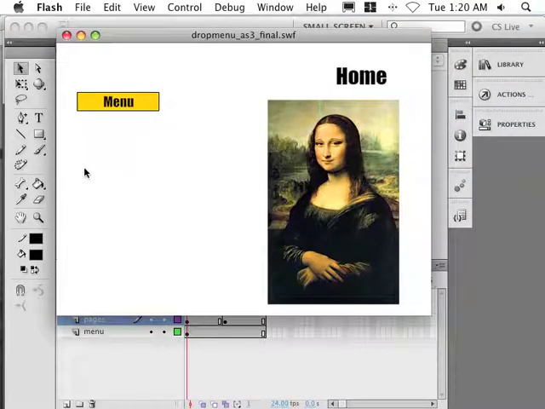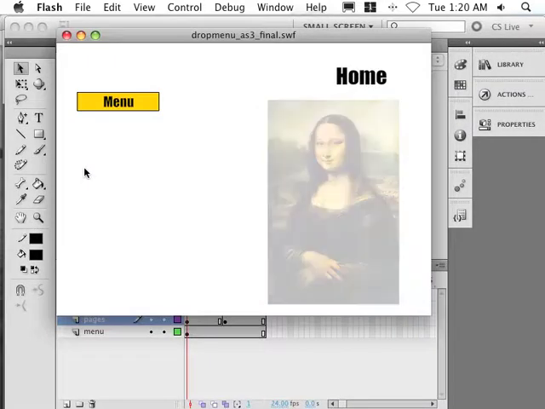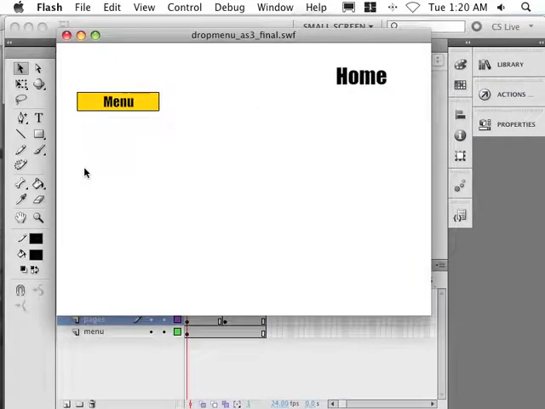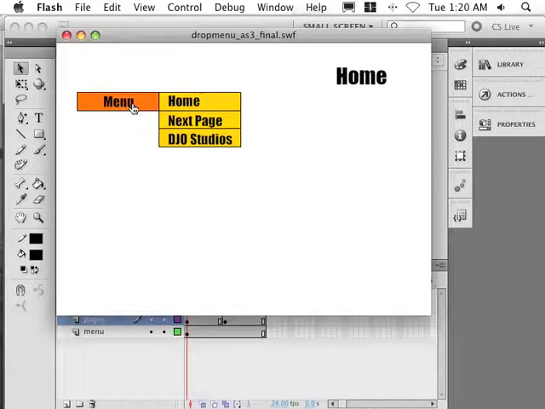So when you launch your title, the picture of Mona Lisa zooms up, sits on screen for 2 seconds, and then fades out. And this will happen every time we come back to the home page. If I go to the next page,